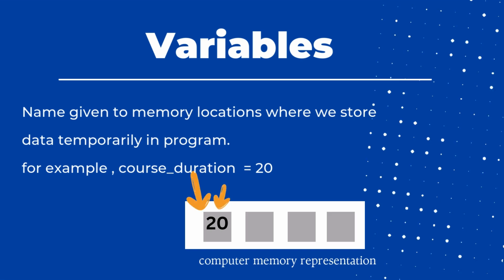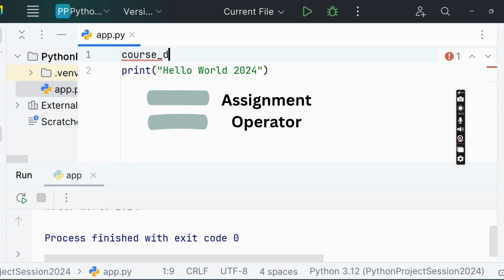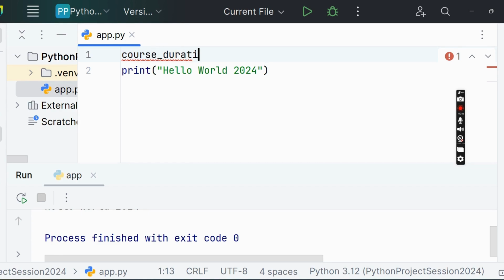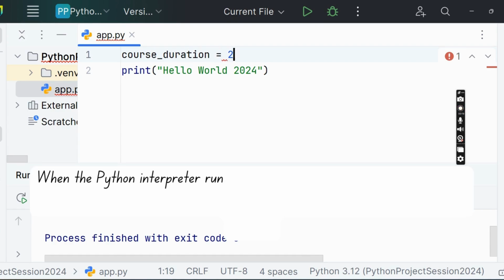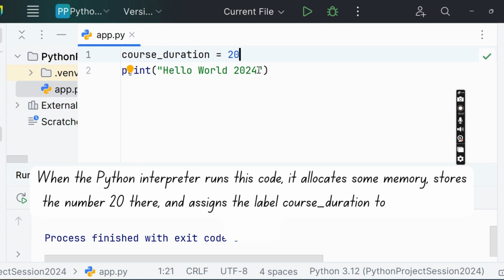Here I have created variables. Course duration is equal to 20. This equal to operator is nothing but your assignment operator. It assigns 20 to course duration. When Python interpreter runs this code, it allocates some memory, stores the number 20 there, assigns the label course duration